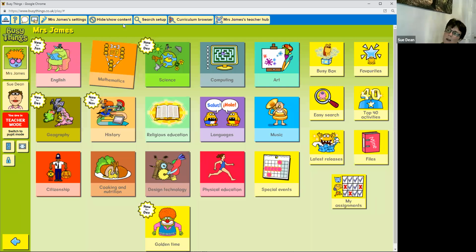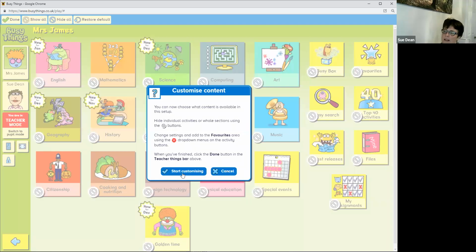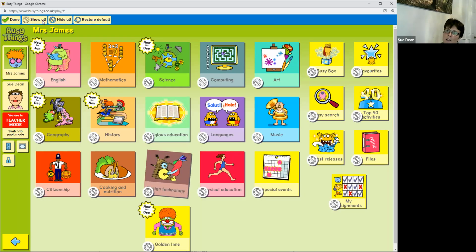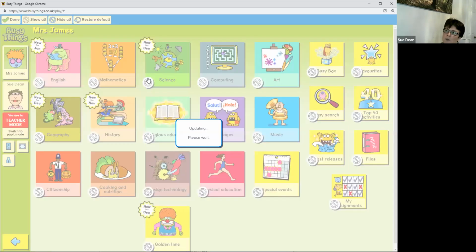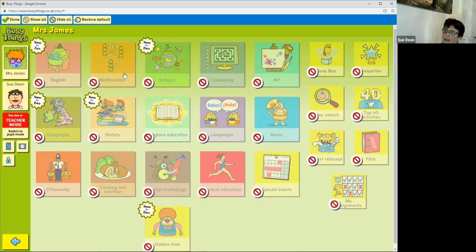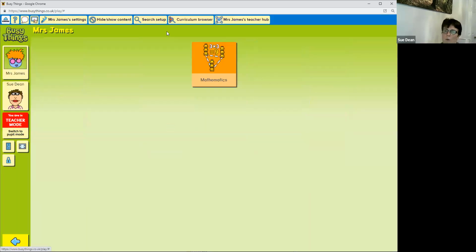So what we're going to do is go into hide and show content at the top here. We're going to start customizing and hide all. What that does is it puts a no entry sign here, so everything on here is now hidden, but we want to look at maths today. So we're going to uncheck the maths box and click done. So now when the children go into that setup, they've only got the option to go into maths because we've